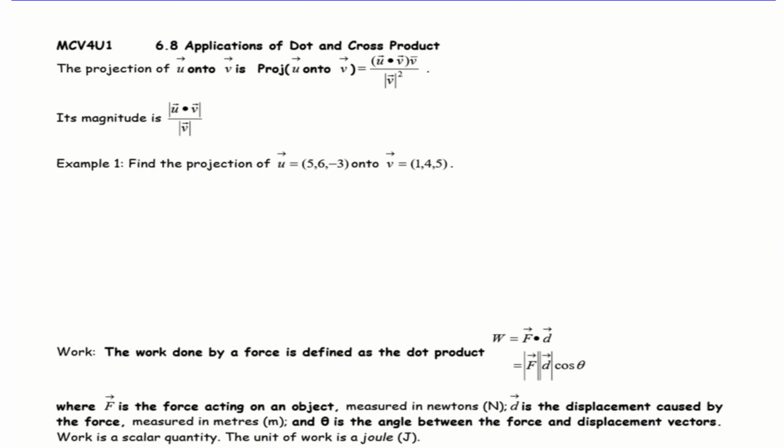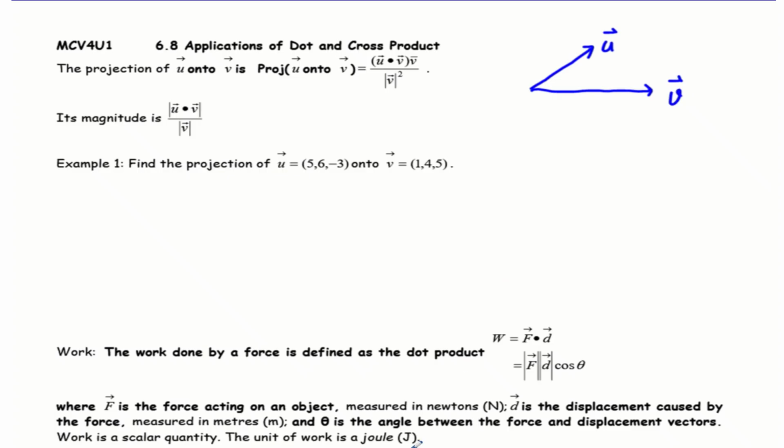Hello, in today's lesson, we are going to see more applications of vectors by using the dot and cross product. So the first topic we want to cover is the projection of one vector onto another vector. What it means is similar to our work. So if we have a vector u and we have another vector v,